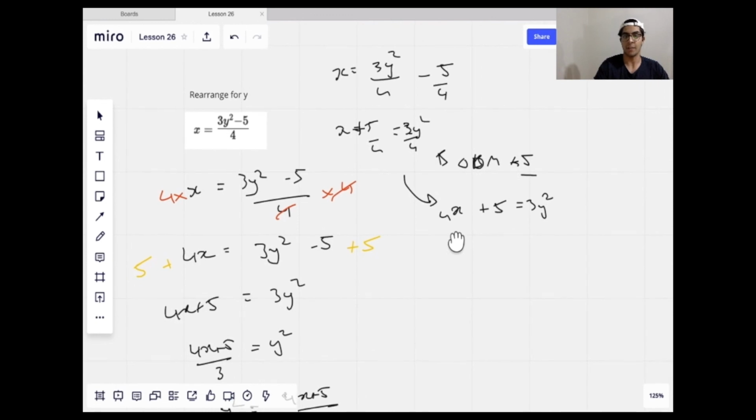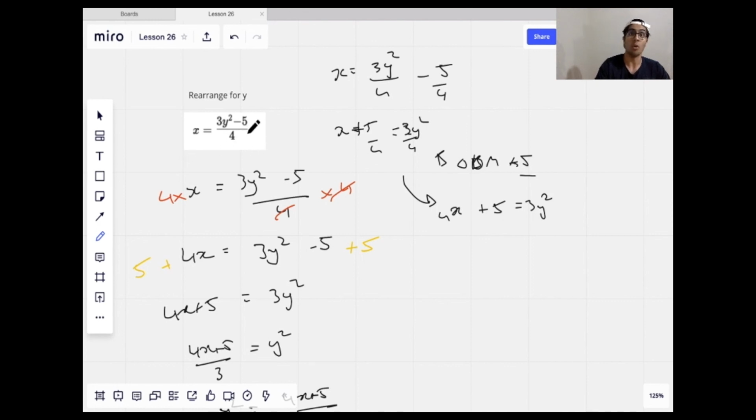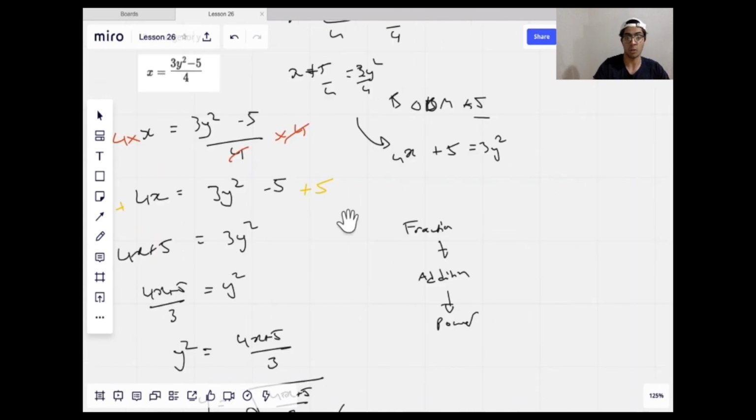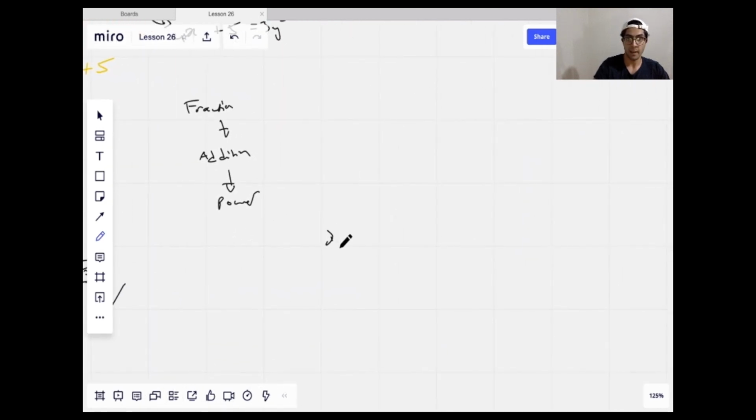But it's just a process of, as you do more questions, you'll recognize which thing you need to do first. But in general, with fractions, if you have a fraction, just get rid of that first, and then work through the rest. So you'll do fractions first, then addition and multiplication, and then it will be powers. In general, in questions such as these, which are most likely the ones you come across. In questions like, for example, if you had something like x is equal to